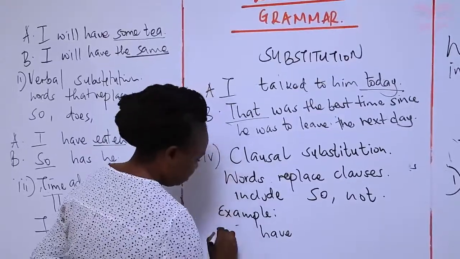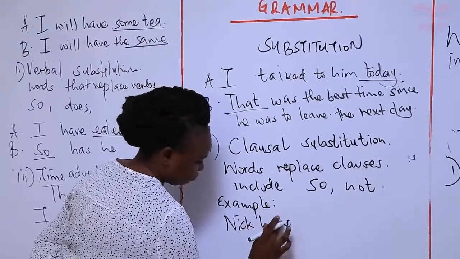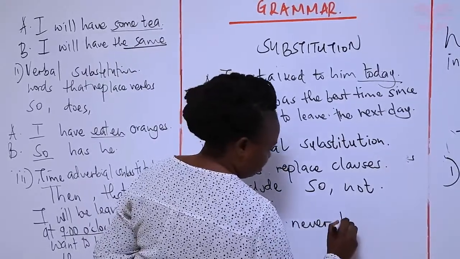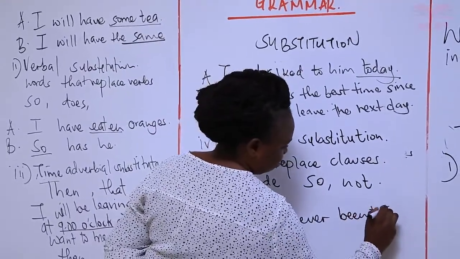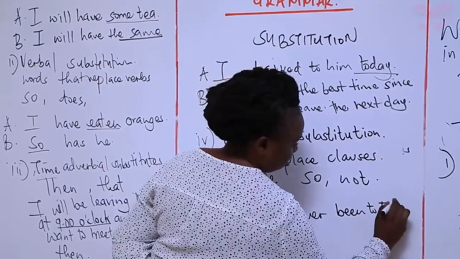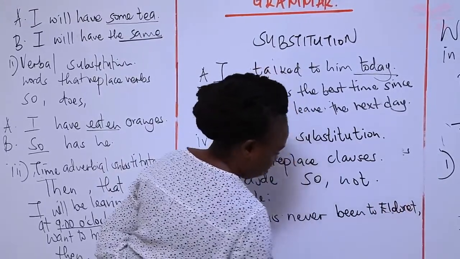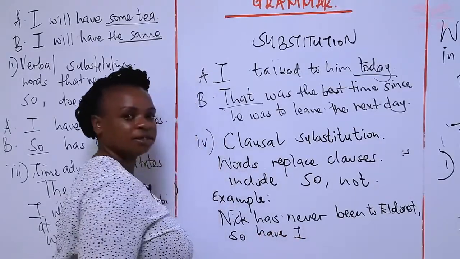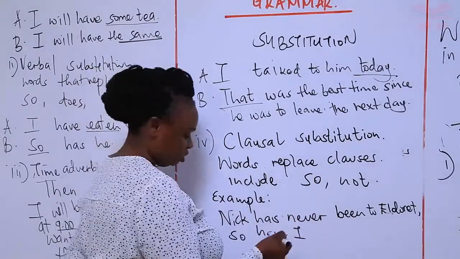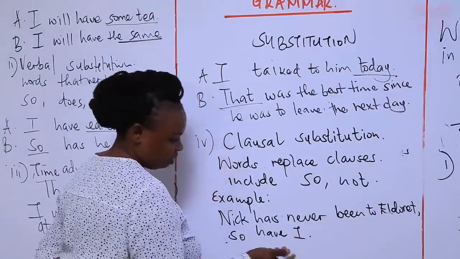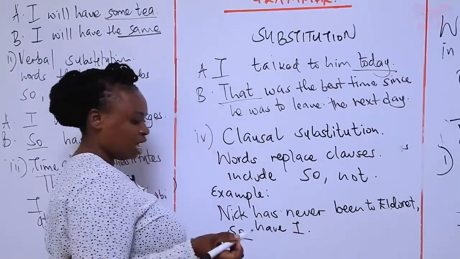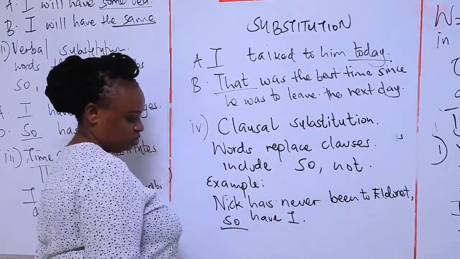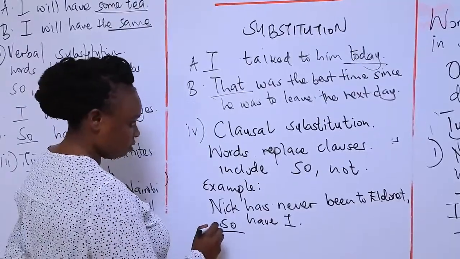Maybe you can say, Nick has never been to Eldoret, so have I, meaning so have I never been to Eldoret. So "so have I" has been used to replace this idea of never been to Eldoret. Okay, and another one could be,